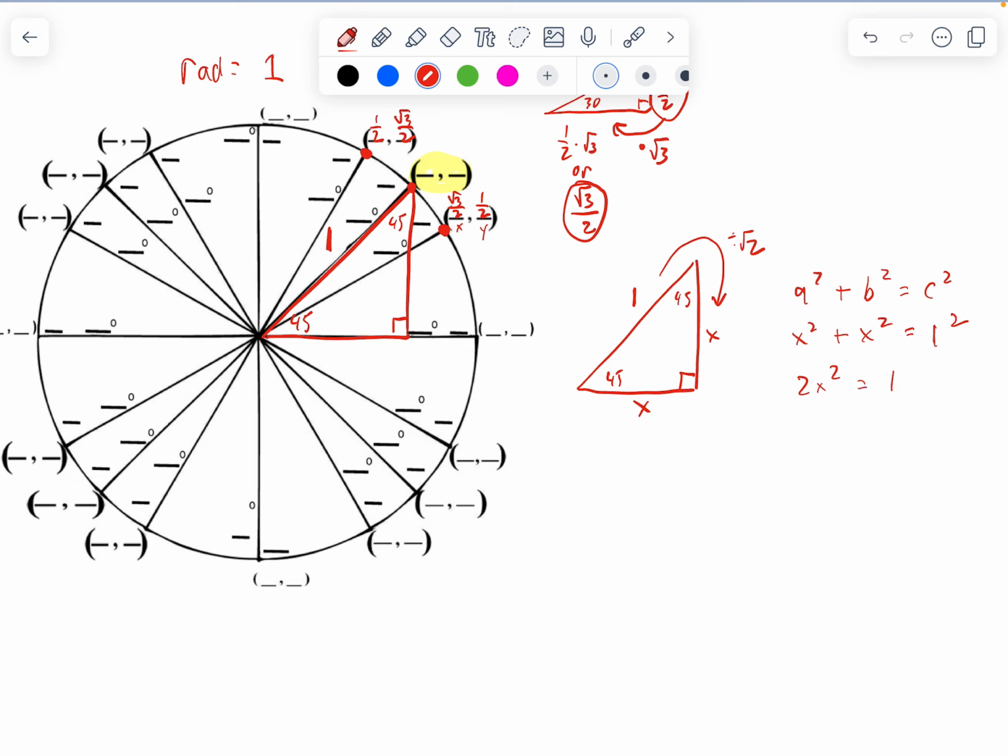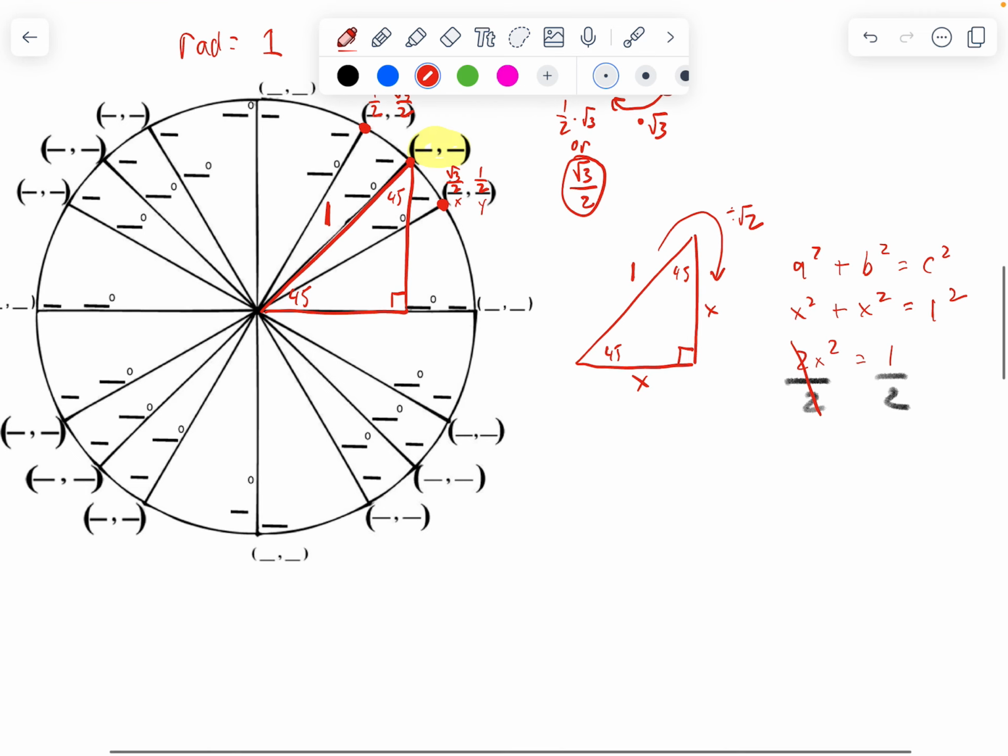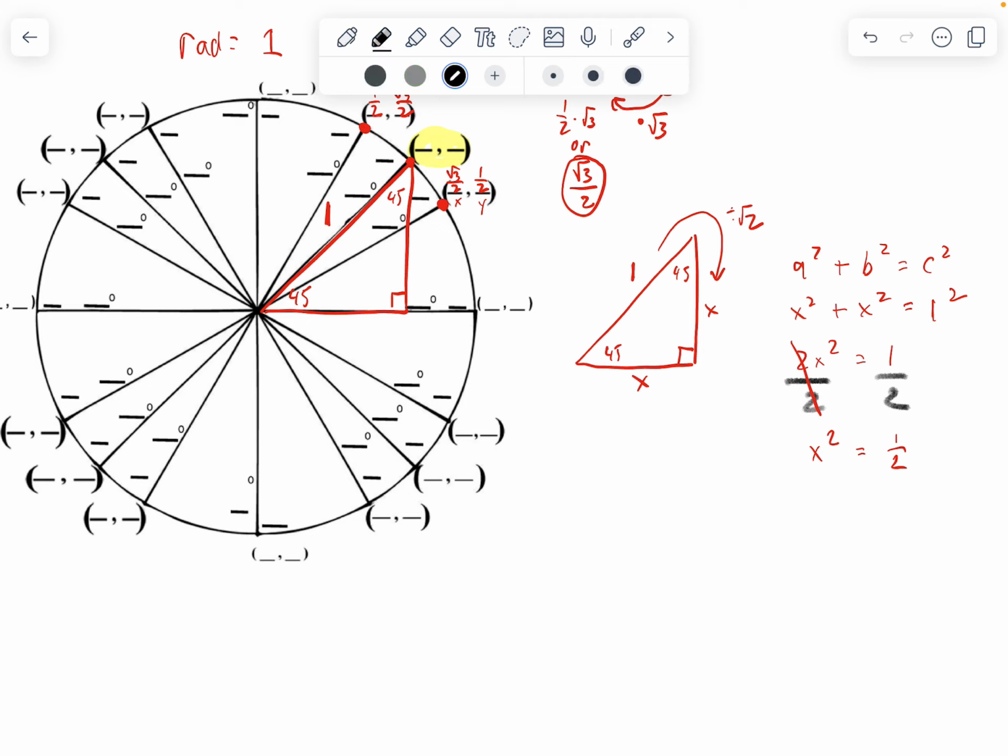So if we clean this up, we have 2x squared is equal to 1. To get x by itself, I'm going to then divide by 2 to get x squared is equal to 1/2. And to get x by itself, I'm going to square root both sides. So I have x is equal to the square root of 1/2. But if I were to clean it up, it's actually going to be 1 over the square root of 2